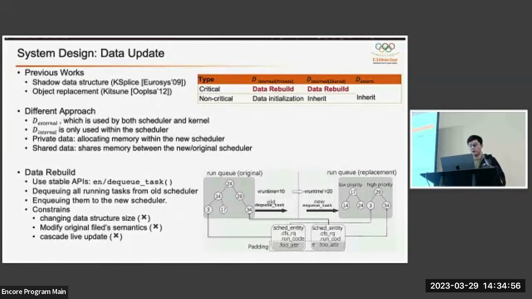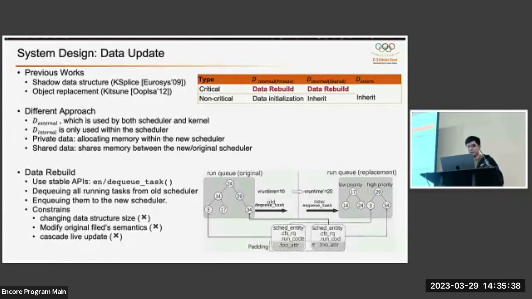Firstly, we observe that enqueue task and dequeue task are stable APIs in the scheduler, and every schedule class, such as the CFS, must implement these two callback functions. Secondly, because all scheduling features or policies are applied to tasks. Finally, enqueue task and dequeue task are critical paths in these implementations. Thirdly, the state of the run queue is built by enqueue tasks one by one and is cleared by dequeue tasks